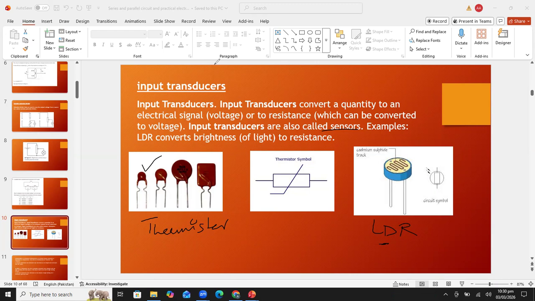All right, so these are transducers, students. These are thermistors. Therm means heat, thermal, temperature, and ster is the half word of resistor. So it is a type of heat resistor whose resistance can be changed with the change in temperature. I'm repeating, thermistor is a type of heat resistor whose resistance can be changed with the change in temperature.